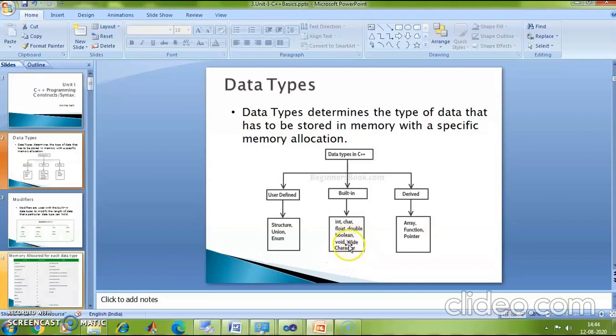Void characters you will not find in the C programming language. So these two things are something which is extra in C++. So C++ has features of C plus some additional features, and those additional features here are boolean and void characters.